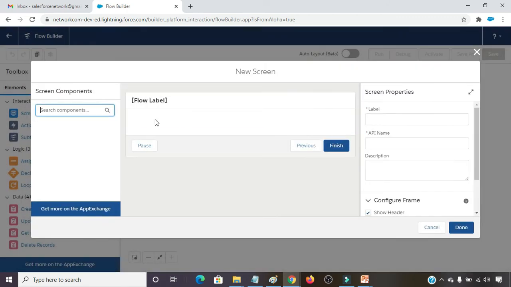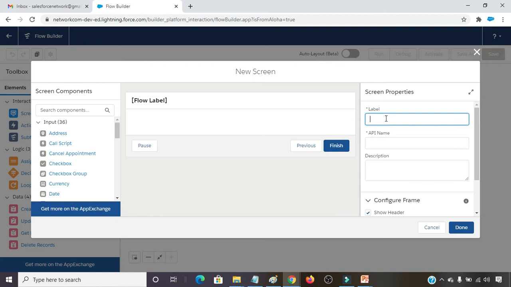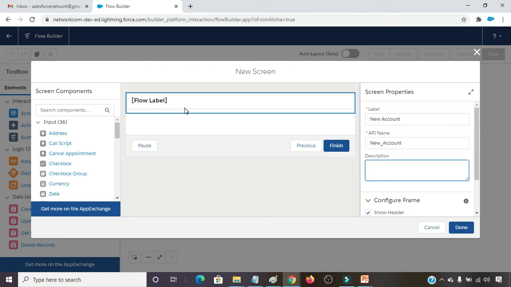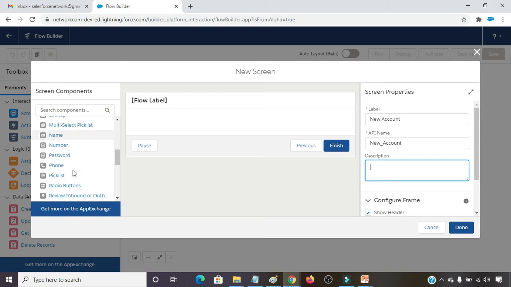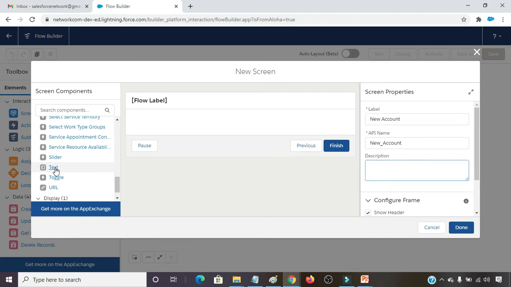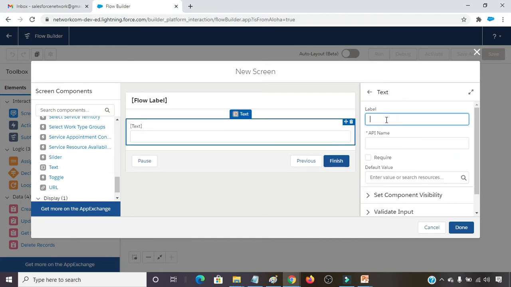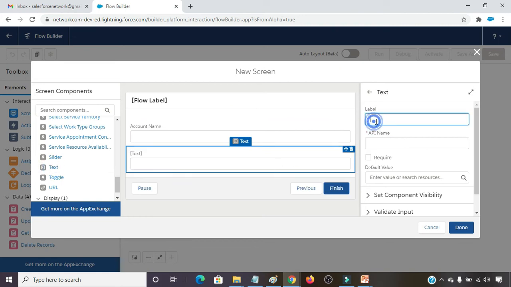Now drag the screen onto the canvas and name it new account. On the screen component, simply click on text and provide the label for this text, account name. Again click on text, provide the label phone number.